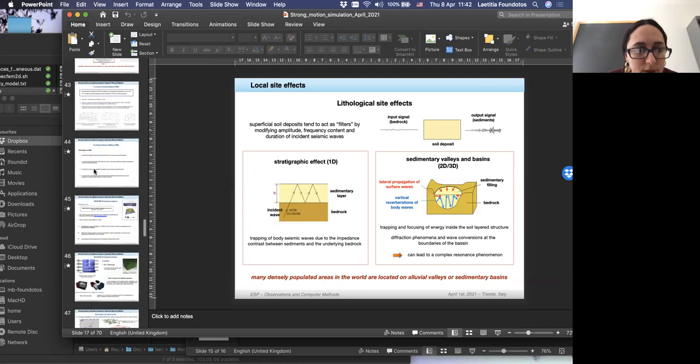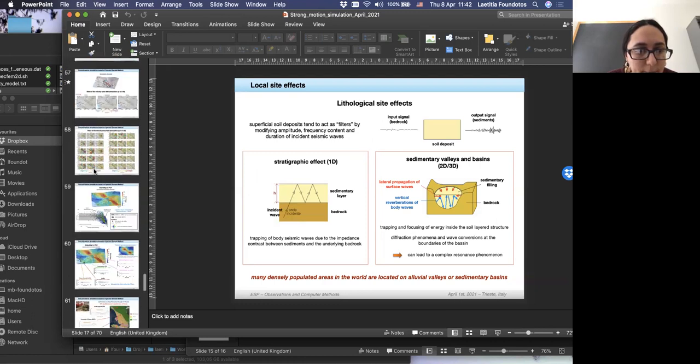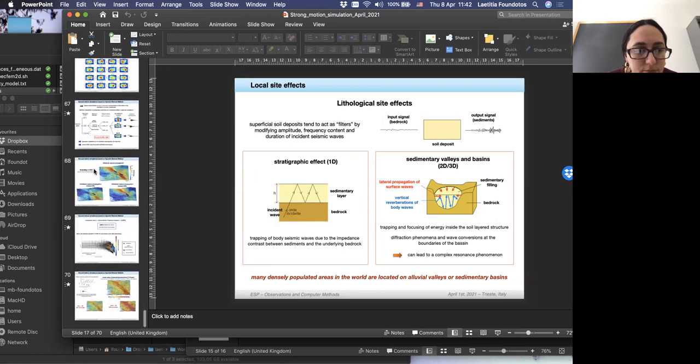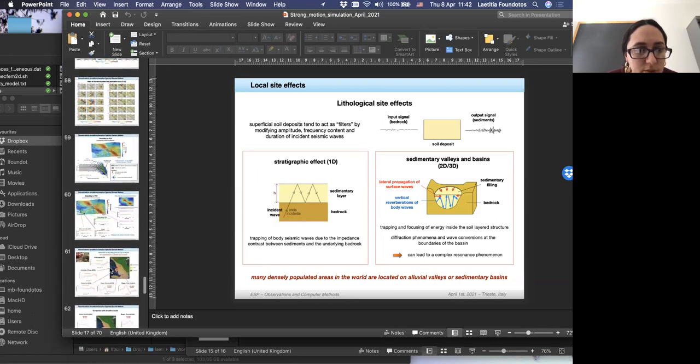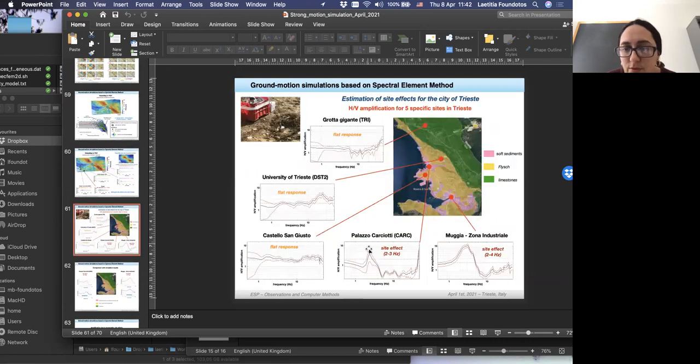As you can see here in the results, you can compute at which frequency you can expect to have a peak of amplitude. So it's quite useful. This is just a simple relation between the thickness of your sediments and the velocity inside the sediments, and you deduce the fundamental frequency of your site effect.